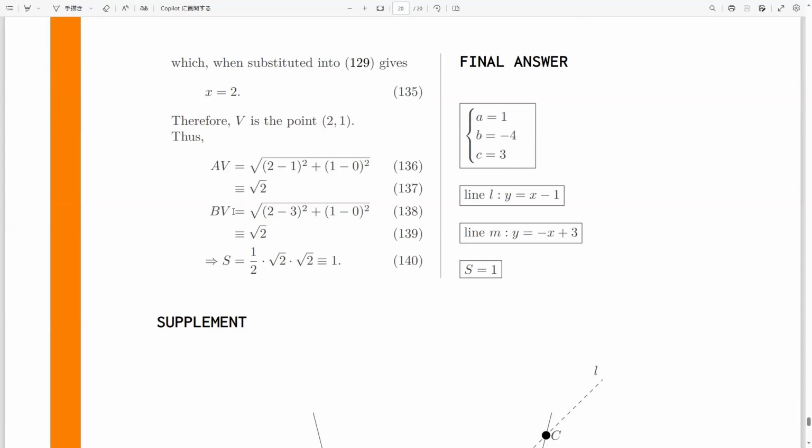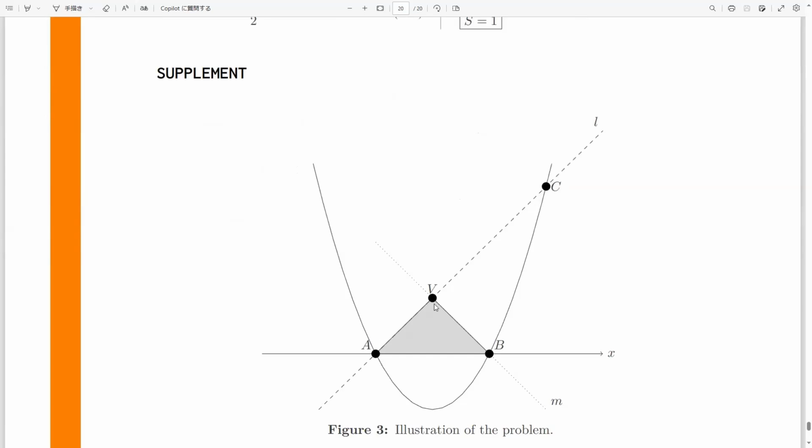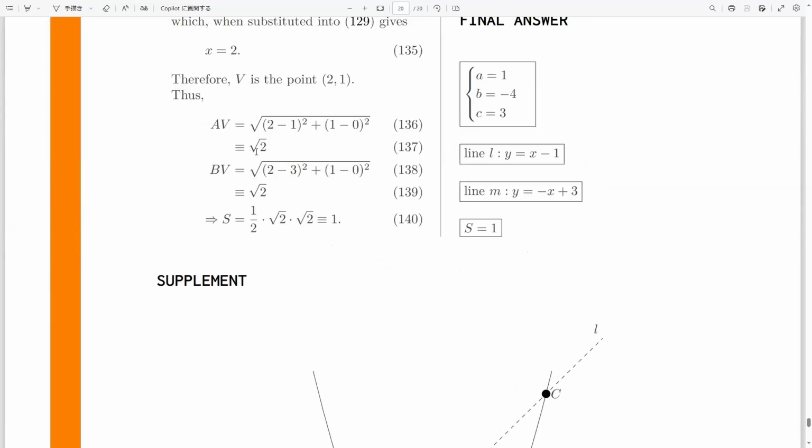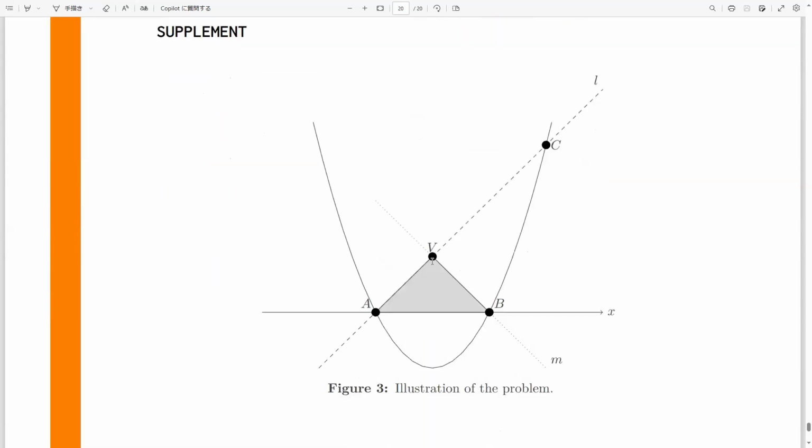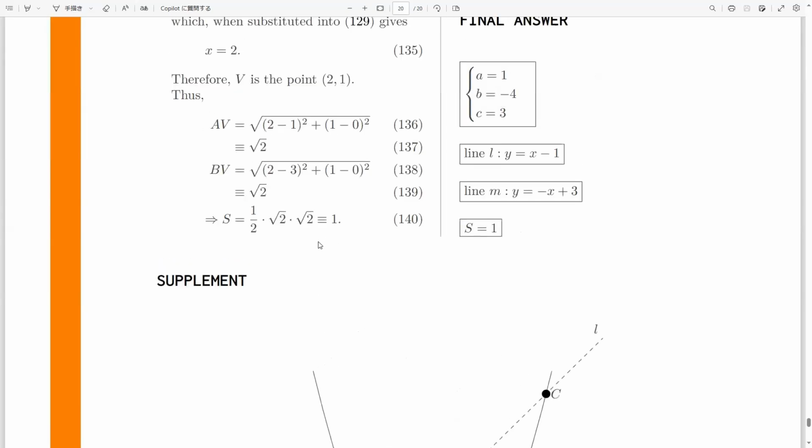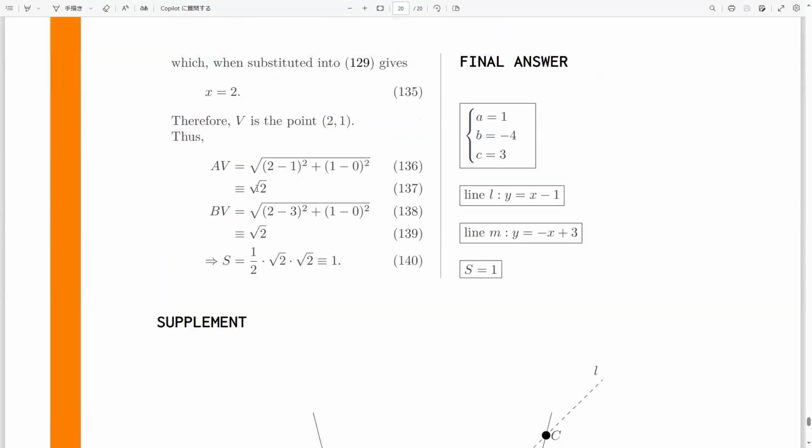You get square root of 2. You do the same thing for the line segment BV. And you're supposed to get the same thing because like what we mentioned earlier, this is an isosceles triangle. So this side must be equal to this side, and this side here must be half of the entire hypotenuse. And so you get square root of 2 for AV, you get square root of 2 for BV,